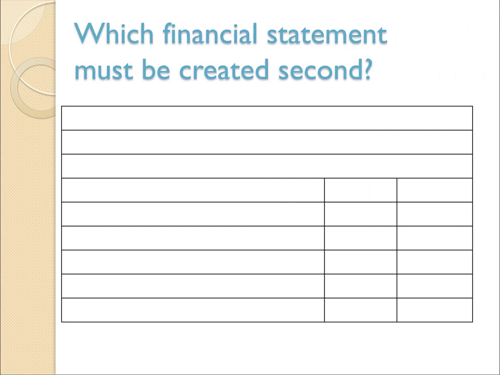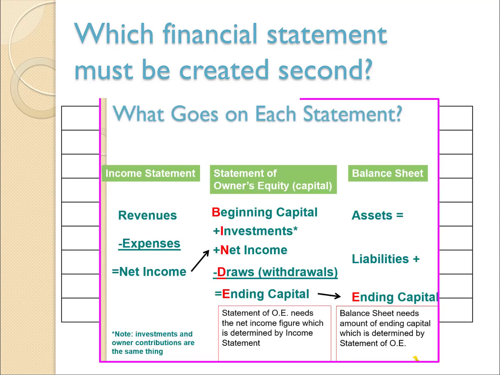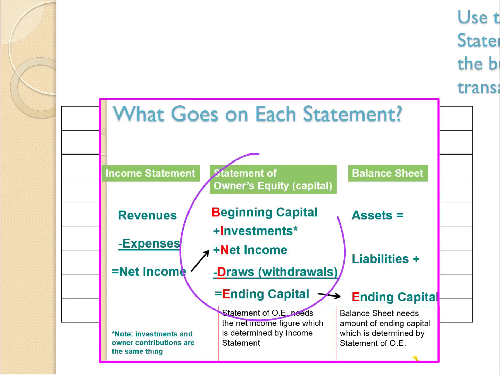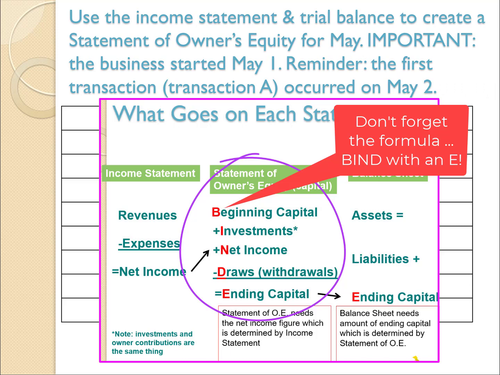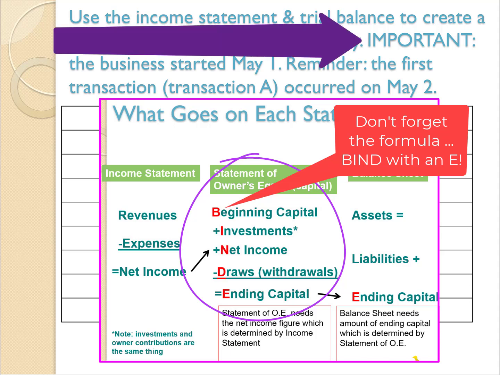So in the previous video, we created the income statement for Angel's Delivery Service. So, which financial statement must be created second? That, of course, is the statement of owner's equity. So we're going to use the income statement and the trial balance to create a statement of owner's equity for May. Important, the business started on May 1st, and just a reminder, the first transaction, creatively called Transaction A, occurred